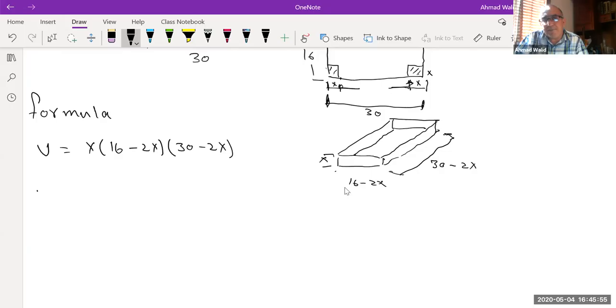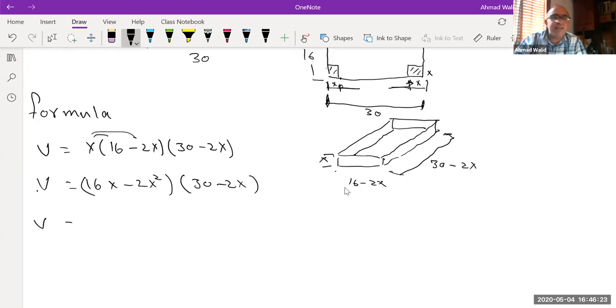But before the v prime, please do not use the product rule here because it will create a lot of problems for you. Try to distribute and make it a simple function, right? First distribute x here. V equals 16x minus 2x squared times 30 minus 2x. Even I'll tell you to FOIL it. It makes it easier and you will end up with